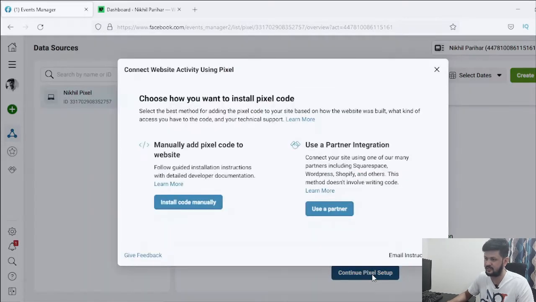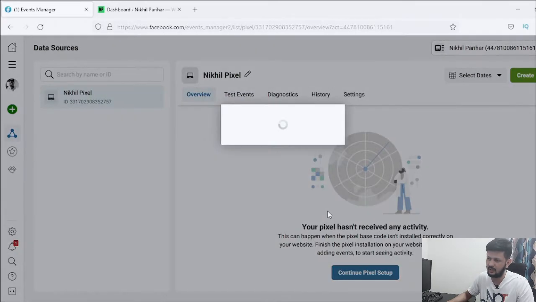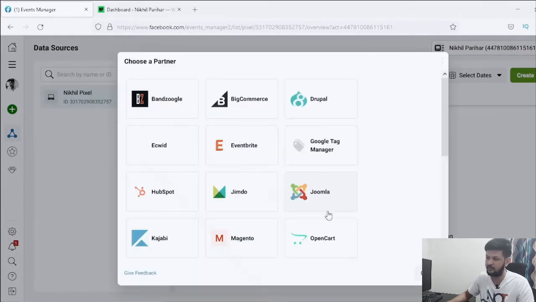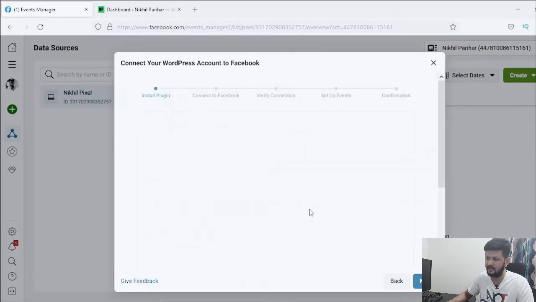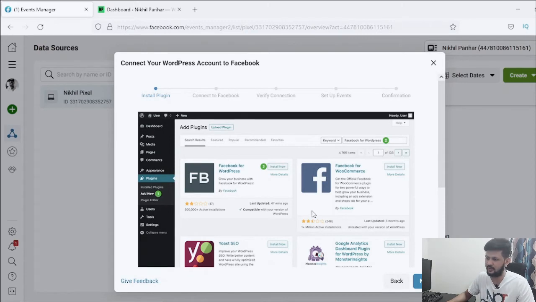So I'll click on continue pixel setup, and it is asking us either you can use a partner, which means if you're using WordPress or Shopify or whatever platform you're using, you can just choose one of those platforms and it'll start helping you in the setup.